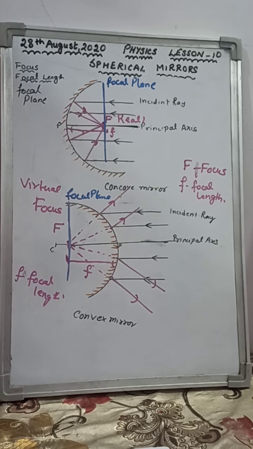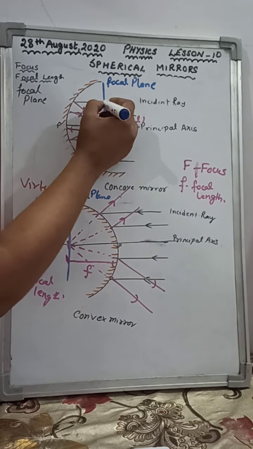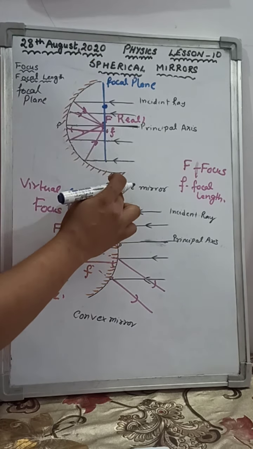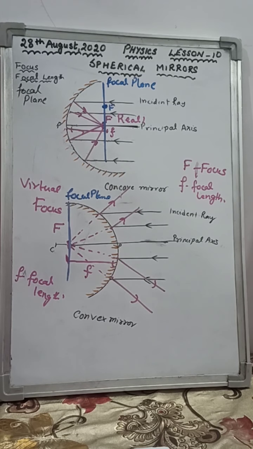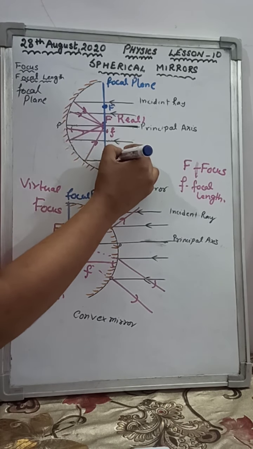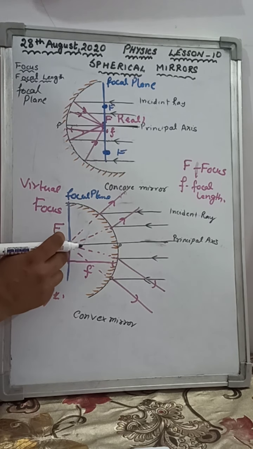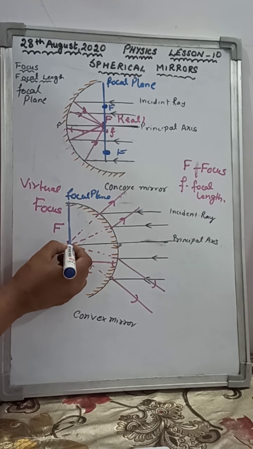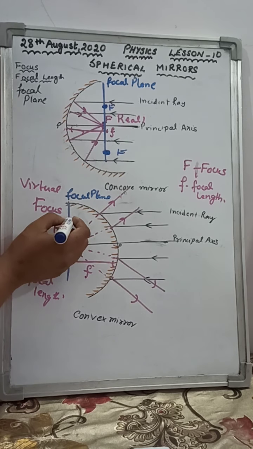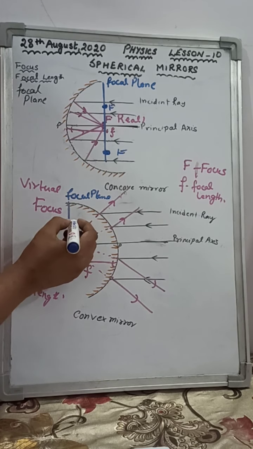Now what is the meaning of focal plane in the ray diagram? Suppose the rays are meeting on the principal axis, that point is known as focus. But if the rays meet over here on the focal plane, this point will also be known as, in the ray diagram when we are writing the characteristics, at focus. If all these rays are meeting at this point on the focal plane, then this point is also focus. Similarly over here, the rays appear to meet at F on the principal axis, so we call it focus. But if the rays appear to meet at this point on the focal plane, then also this is known as